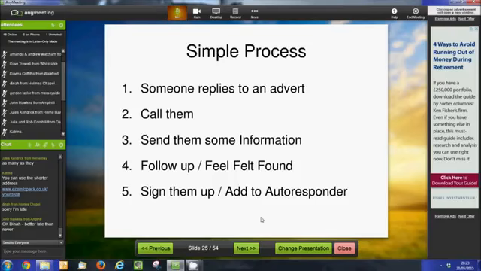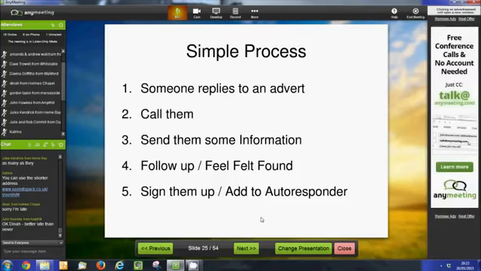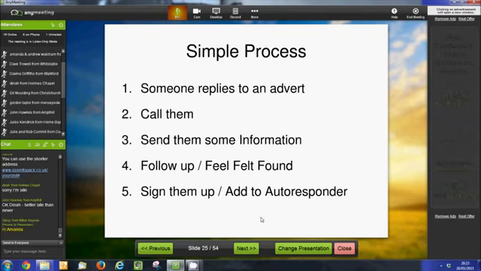Then do a follow-up call a couple of days after they've got the information, or the next day, depending on whether you've emailed it to them or put it in the post. And then, obviously, if they do decide to get started, sign them up, and if not, add them to your autoresponder. And by that I mean, just because somebody says no, they're not interested, doesn't mean they're never interested. It might just be that now is not the right time for them. An autoresponder, I'll expand on that in a moment, is basically a bit of software that allows you to keep in touch with lots of prospects at the same time.